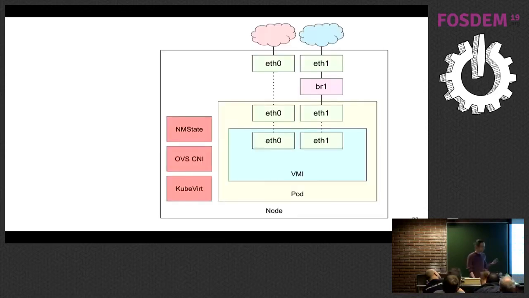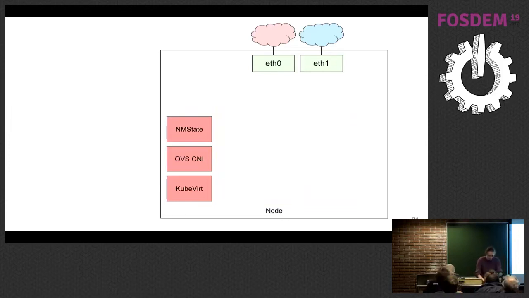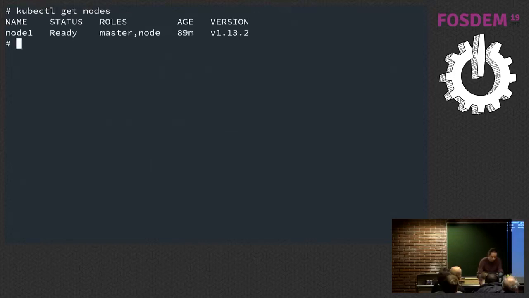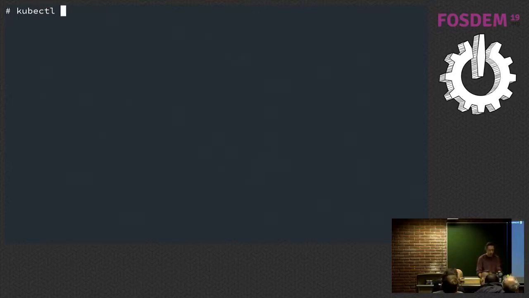Okay, so I hope we will end up in this state with the demo, but we start with this. Okay, so let me get to terminal. As you can see, we have just one node, and I can use kubectl to see the current state of the node networking. Guys in the back, is the font big enough? All right. So I say kubectl get node network state